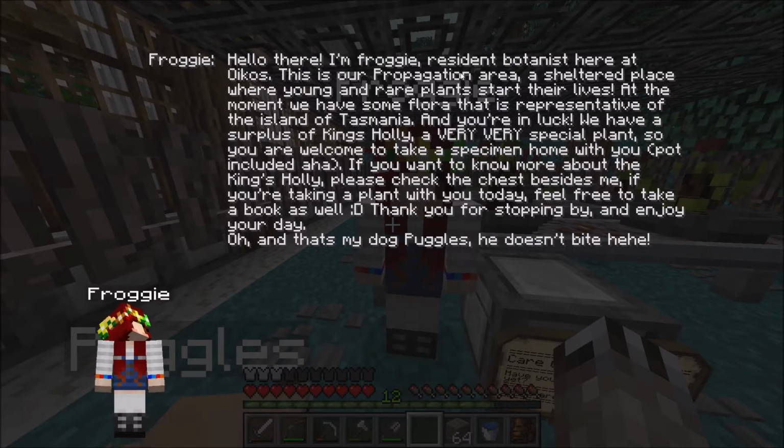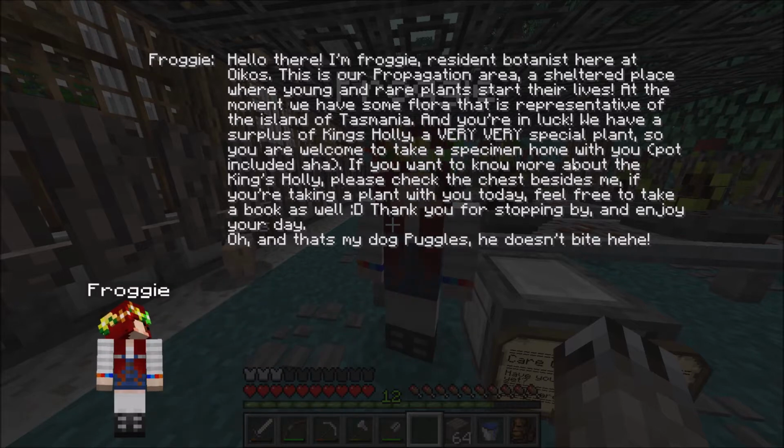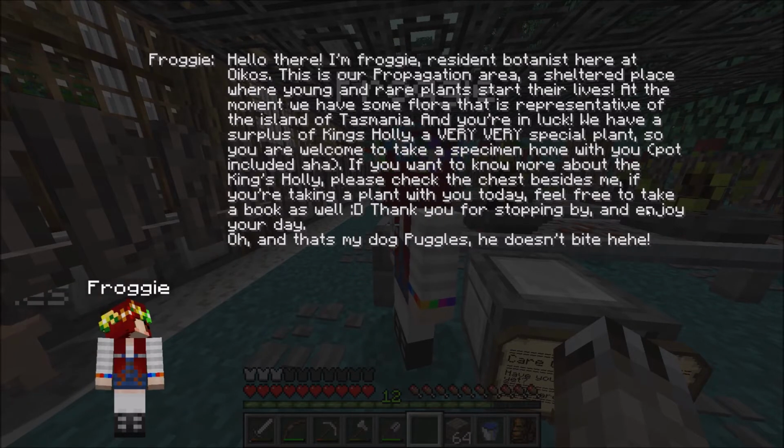So, hello there, I'm Froggy, resident botanist here at Oikos. This is our propagation area, a sheltered place where young and rare plants start their lives. At the moment we have some flora that is representative of the island of Tasmania, and you're in luck, we have a surplus of King's Holly, a very, very special plant. So, you are welcome to take a specimen home with you, pot included. If you want to know more about the King's Holly, please check the chest beside me. If you're taking a plant with you today, feel free to take a book as well. Thank you for stopping by and enjoy your day. Oh, and that's my dog